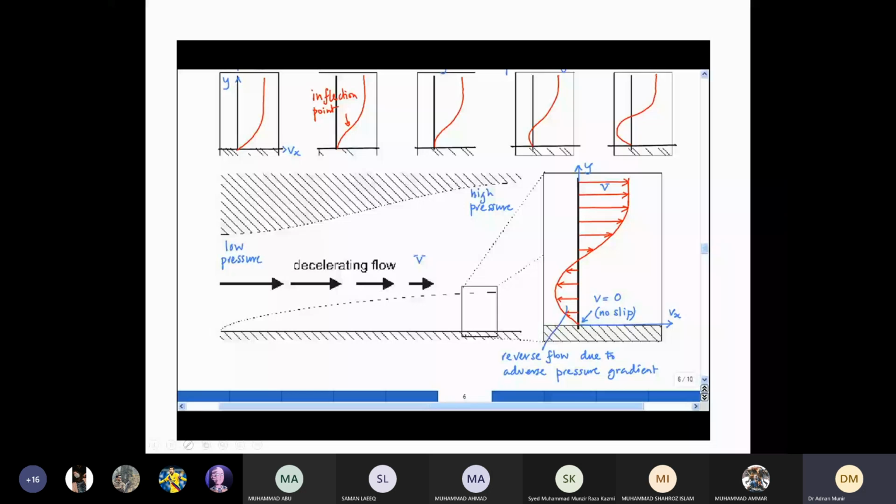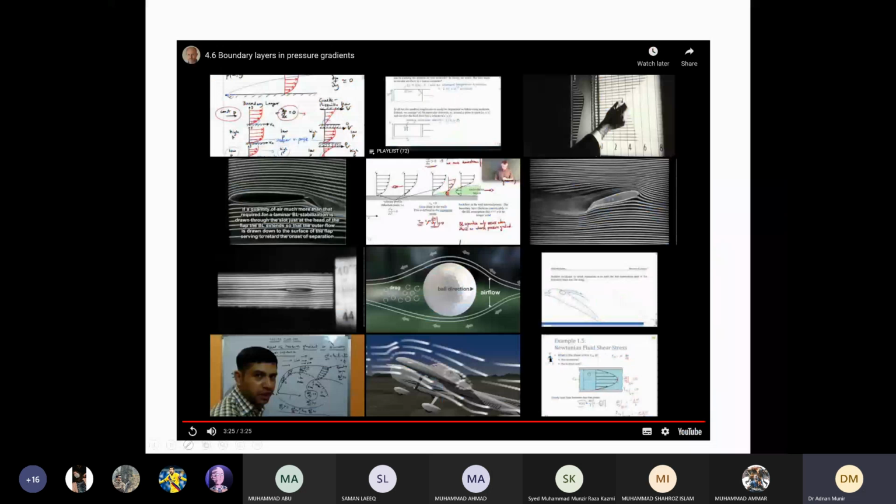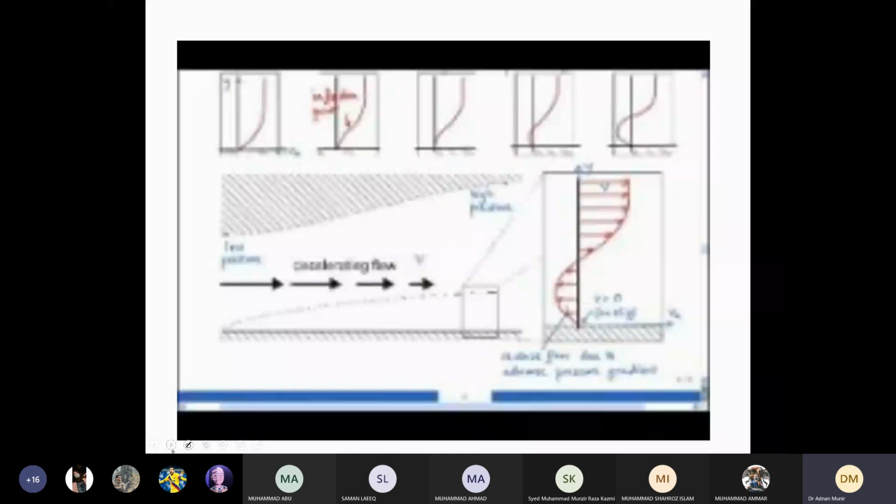Okay, so I think this was a really interesting video because it showed you how, because of the adverse pressure gradient, we start having backflow, and then because of this flow reversal we have flow separation. When the flow separates, because of the inflection point, there is rotation about the inflection point, which results in circulation of flow, and as a result we have vortices generated behind the structure. So we'll be discussing these vortices now.